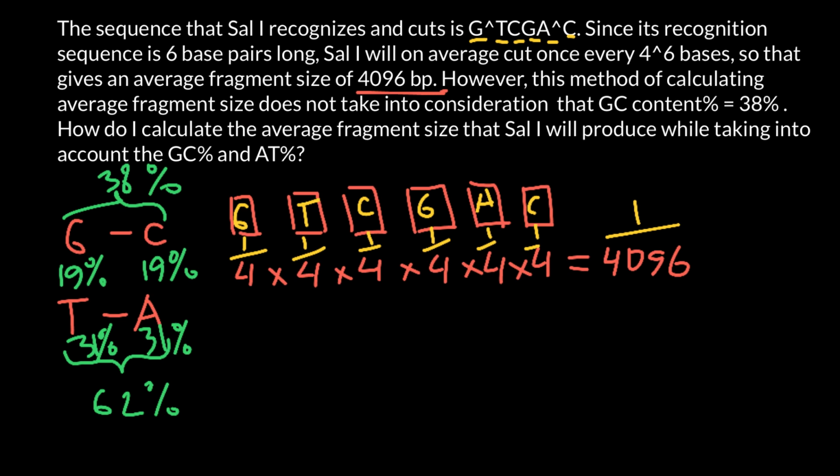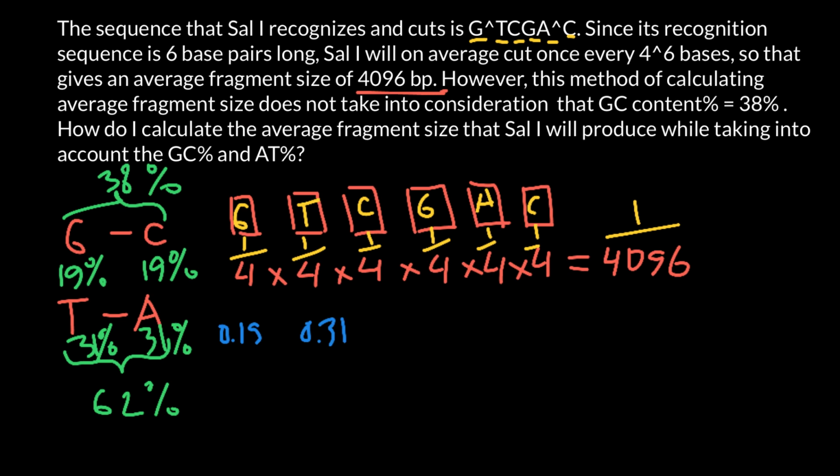What is the probability that the first place would be guanine? We know that this is 0.19. What is the probability that the second place would be thymine? We know that this is 0.31